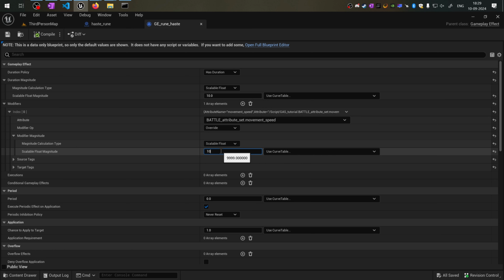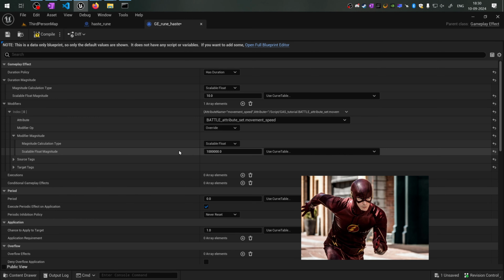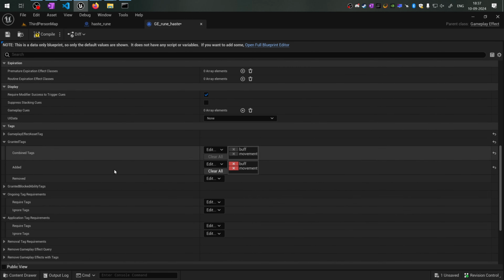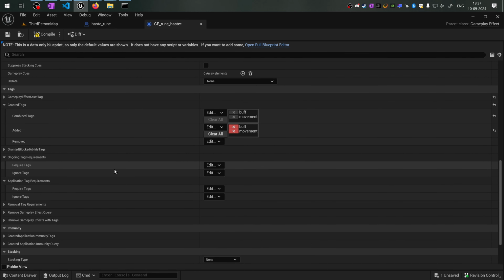In fact, I will deliberately set a value of 1,000,000, so like in Dota 2, you may want to maximize the movement speed and override to a very high number. So 1,000,000 is not a valid or a reasonable movement speed in most games, unless your character is Barry Allen. After adding the modifier, in the granted tags, I shall add 2 tags to this applied ASC actor, the buff